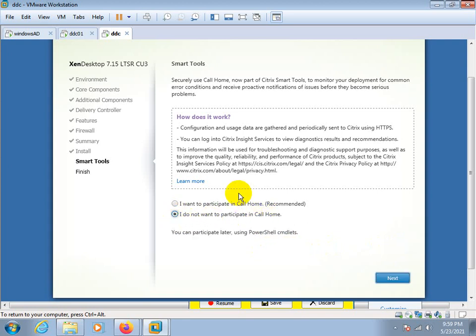So whenever I face any issue, at the same time it will collect the logs and upload them to the Citrix website, and Citrix will provide us the solution. So this is called the call home feature. I'm not configuring the call home feature here.